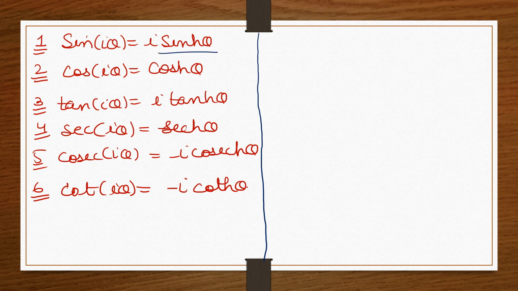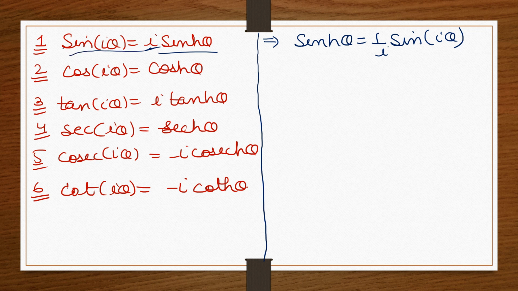If I give you this, can you say that sine hyperbolic theta will be 1 by iota sine iota theta? Yes or no? I have taken this iota to the other side as 1 by iota, so we get 1 by iota sine iota theta. Now for example, let's say I give you